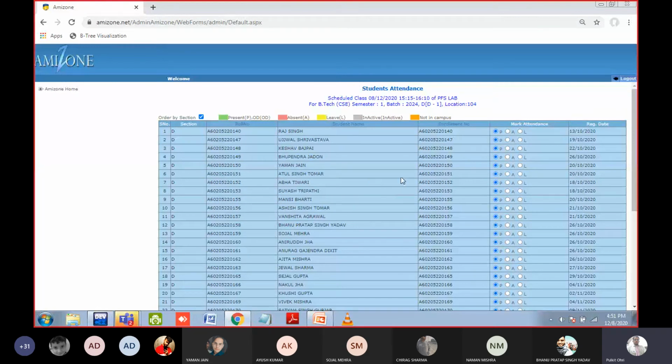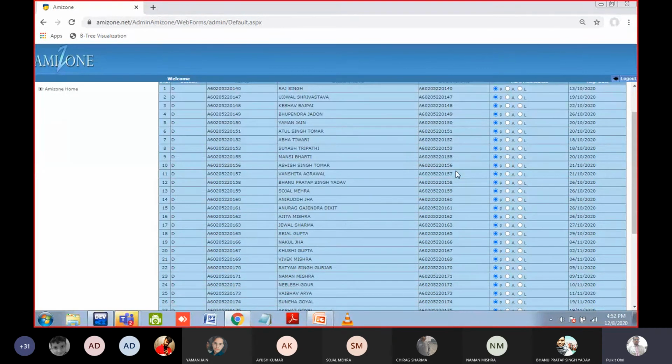Raj is here. Ujjwal is also here, I think. Keshav. Ujjwal is present. Present, sir. Upendra is here. Yaman is here. Keshav present, sir. Atul. Present, sir. Abha is there. Suyash. Is he here? Can anyone confirm?